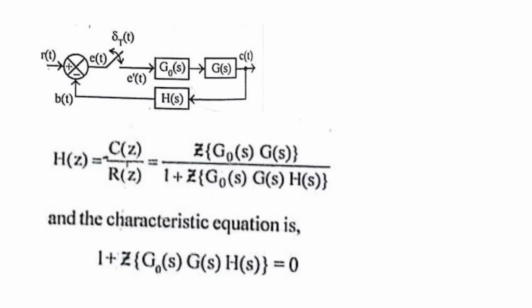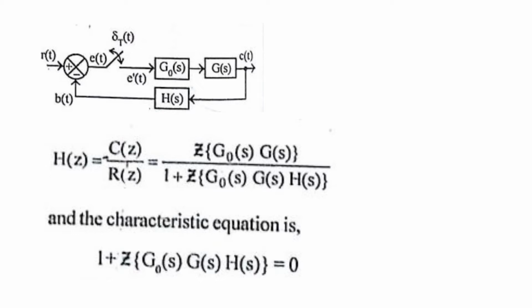So we are already given a transfer function, that is a block diagram. We get a pulse transfer function from that. Okay, so from this you can obtain your characteristic equation, that is, equating your denominator equal to 0. So you have a block diagram and you reduce the block diagram, you find out the transfer function, and from the transfer function you can find out the characteristic equation by equating the denominator part equal to 0. And you have to find the roots of this characteristic equation, and say whether they are inside the unit circle or outside the unit circle. Okay, so that determines the stability of the system.